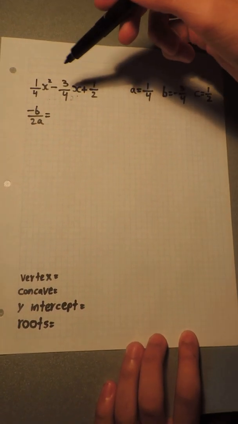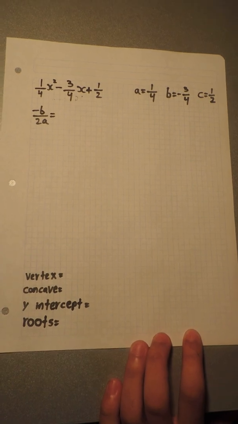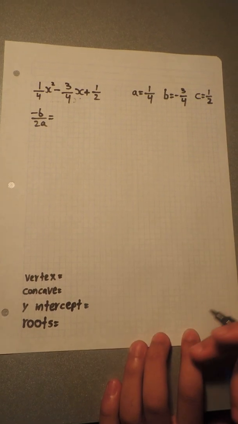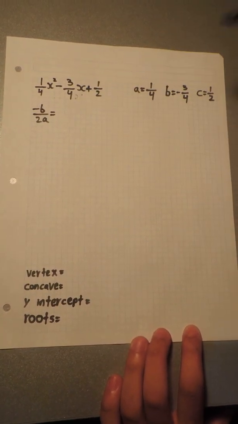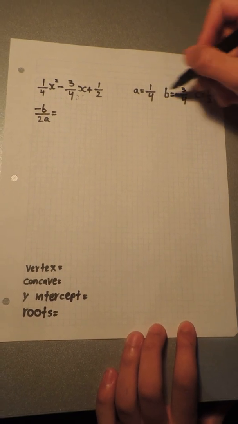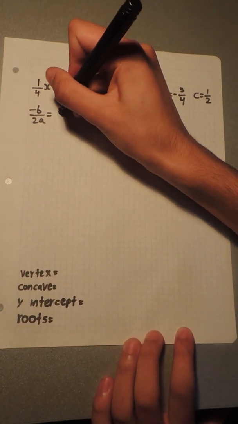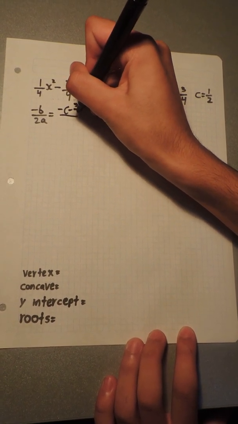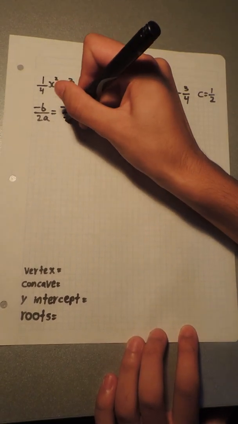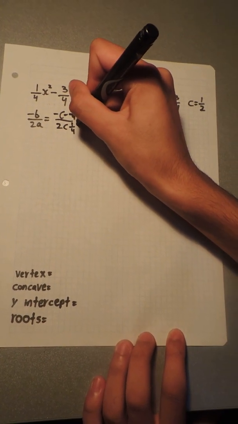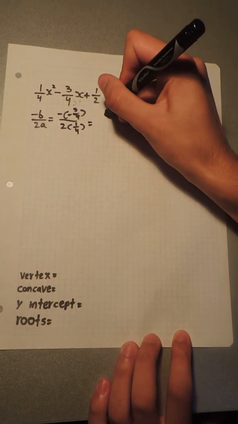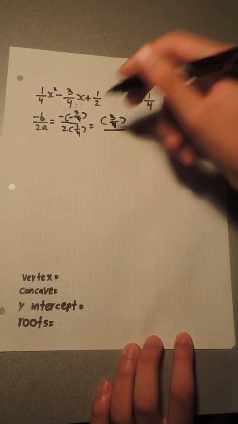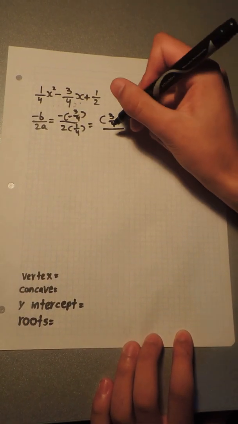Okay, so we have this quadratic function over here, and from this we have to obtain all of these things. I will start by getting the vertex using the axis of symmetry, which is this formula right here, and we will be substituting. So that will give us negative, and we substitute negative 3/4 over 2 times 1/4. So negative times negative will give us 3/4 divided by, and then 2 times 1/4 equals 2/4, which I will